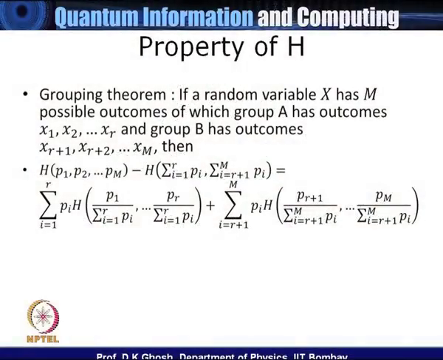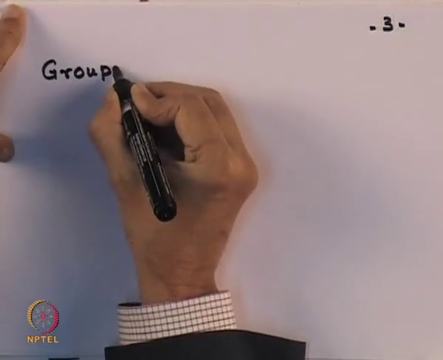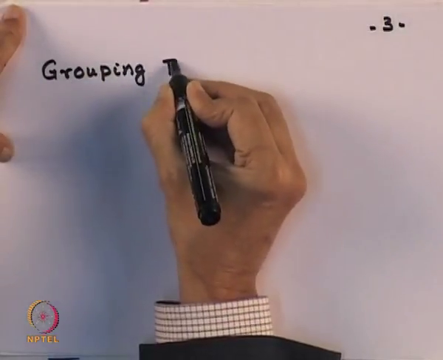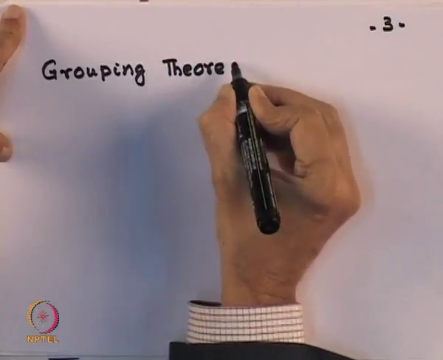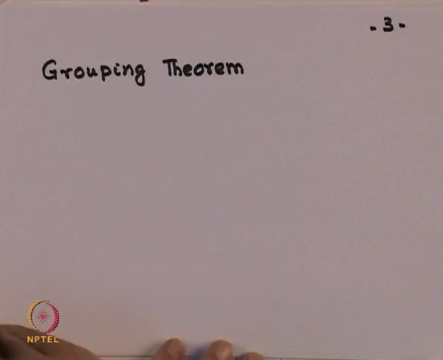There is another property which is important. It takes a bit of time to work out. Since I am not going to be giving a course on classical information theory, I will not work it out but show it to you with some examples of how it works. And this is what is known as a grouping theorem. The proof is found in any classical information theory book, but basically a grouping theorem talks about,